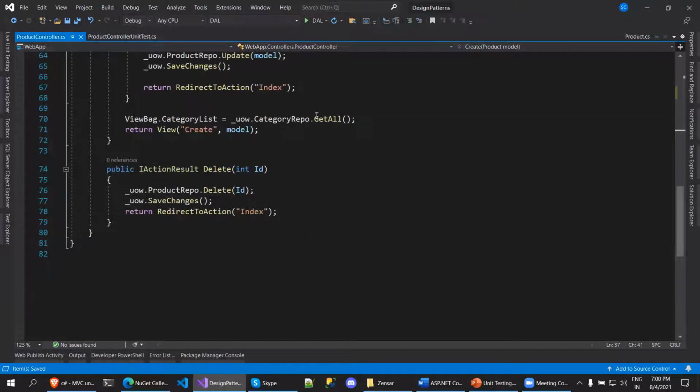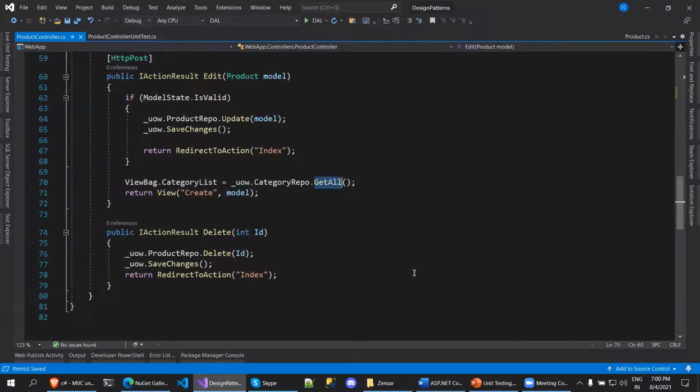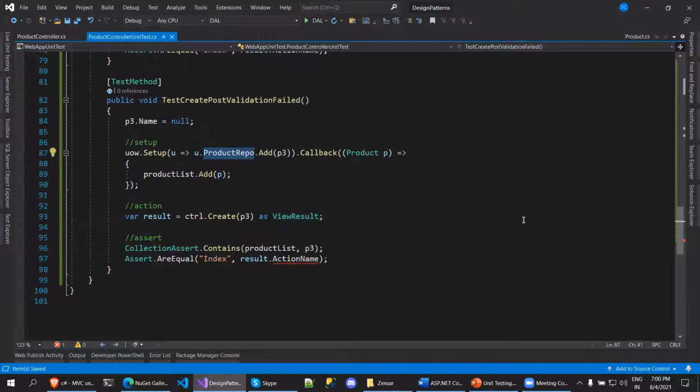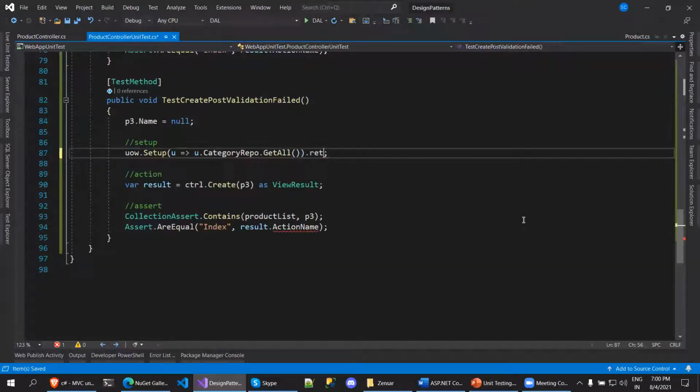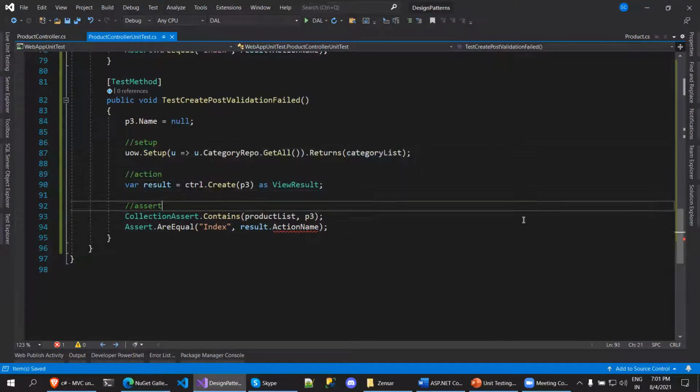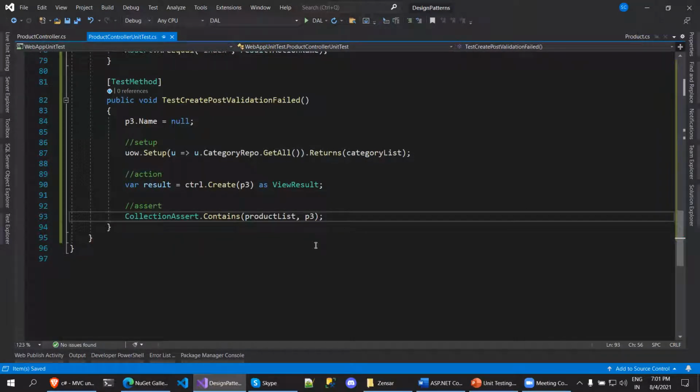We should also skip this get all method from the category repo. It should be category repo and the get all method this way. And it should not be the callback. It should be returns. In returns, we will have the category list this way. And finally, it should not return